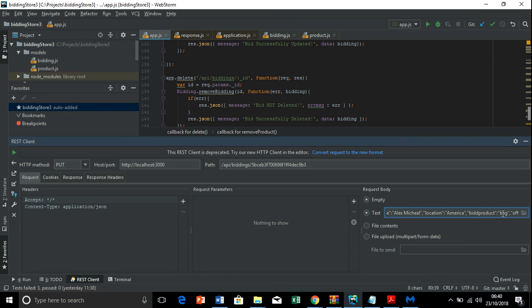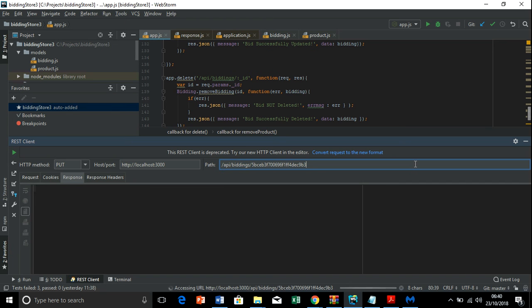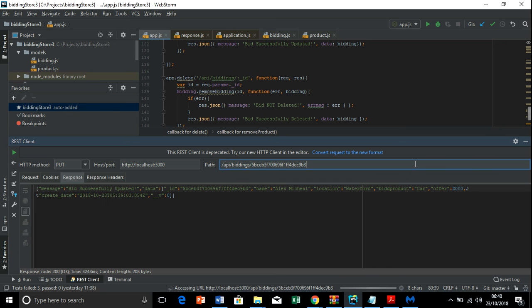Let me just use a capital letter here, a bag, and let's see how it goes. Let's try and see whether the put works. Just wait. Successfully updated. So we have to refresh it now and know whether it works.